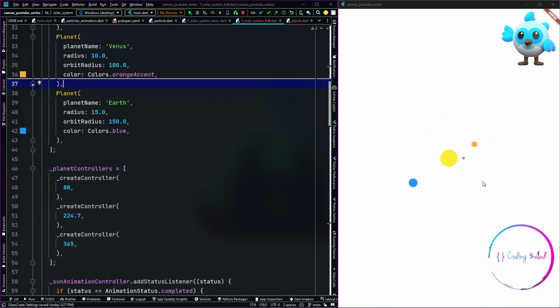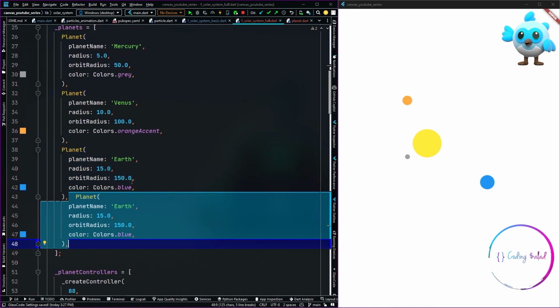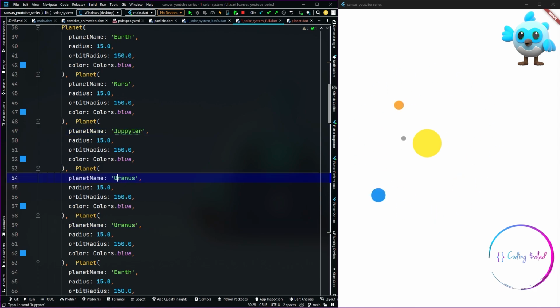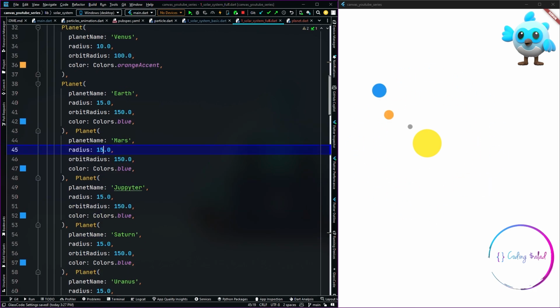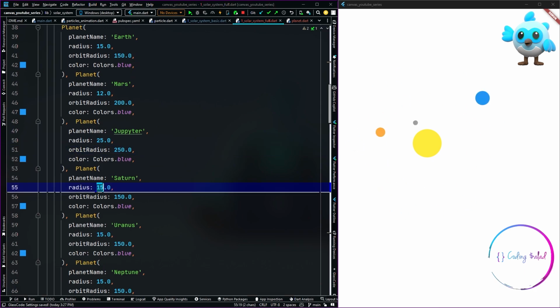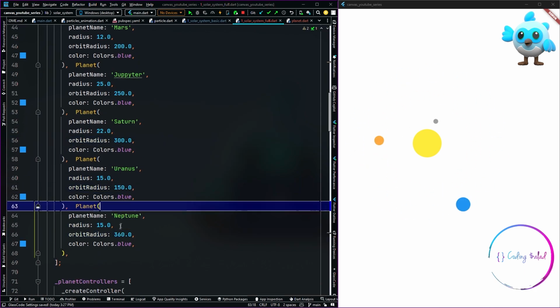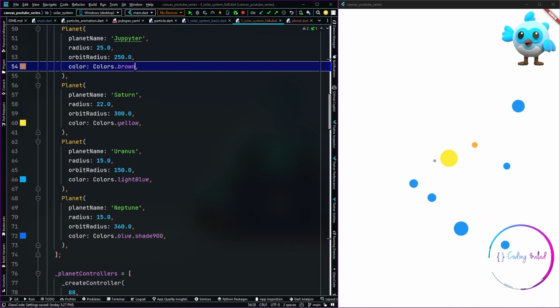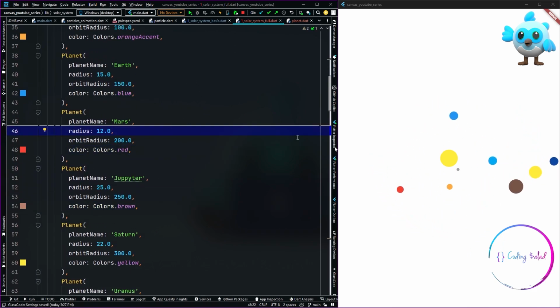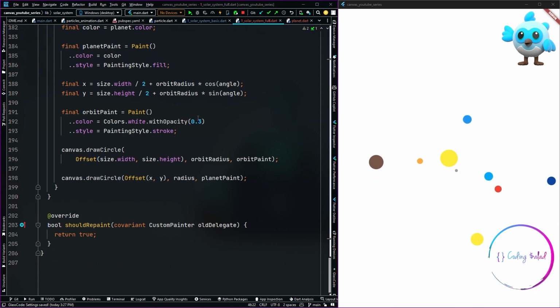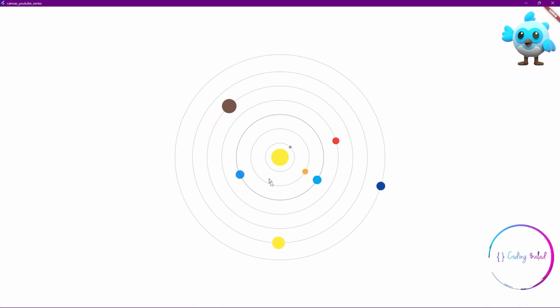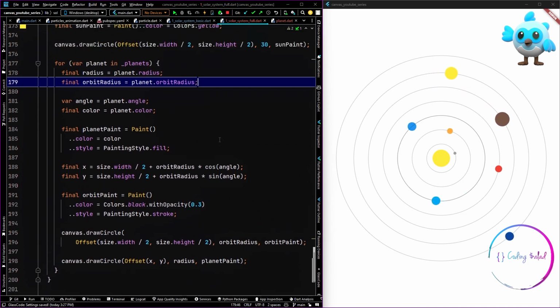And now when I hot restart, you can see that we have a solar system here, although the number of planets is less, but we are going to add the remaining planets as well. Now I'm going to fast forward through this video, but don't worry, since in the description I'll be posting the link to the source code as well, so you can get the code from there and see it for yourself. And finally, you can see that we have all the planets here circling the sun. Here we are not seeing the orbit because the color of the orbit and the background is the same, so let me change the color. And voila, here we have our entire solar system with all the 8 planets circling the